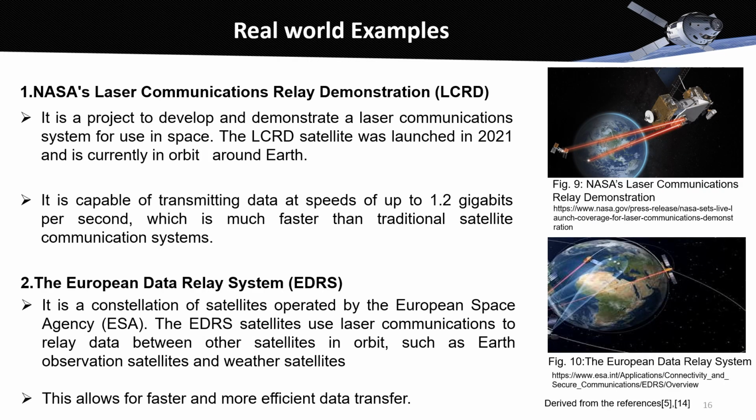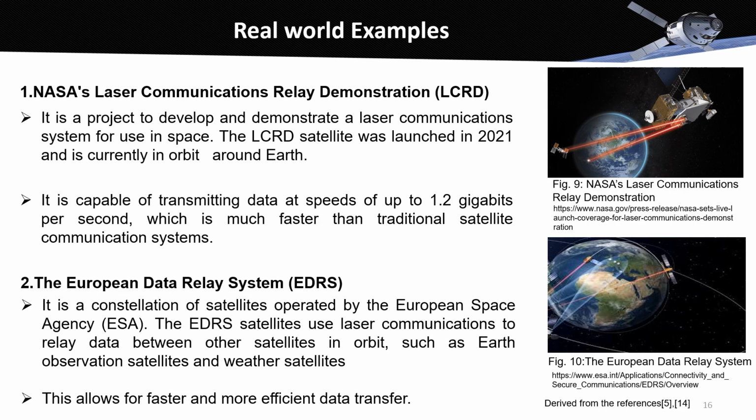On to the next slide, let me explain the real-world examples for optical satellite communication. The first one is NASA's Laser Communication Relay Demonstration (LCRD). It is a project to develop and demonstrate a laser communication system for use in space. The LCRD was launched in 2021 and is currently orbiting around Earth. In the first figure, we can see NASA's Laser Communication Relay Demonstration. Figure 9, it is capable of transmitting data at speeds of up to 1.2 gigabits per second, which is much faster than